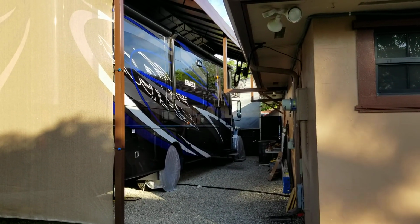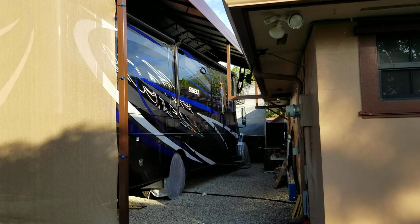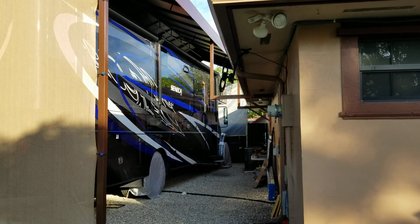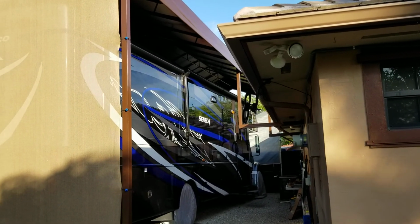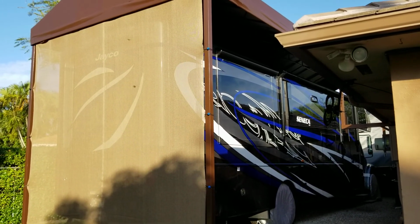Okay, so we parked it. I called the company. They marked where the RV would normally sit without any issues, and they built the canopy. Came out really good. And now I wanted to protect it further from any UV